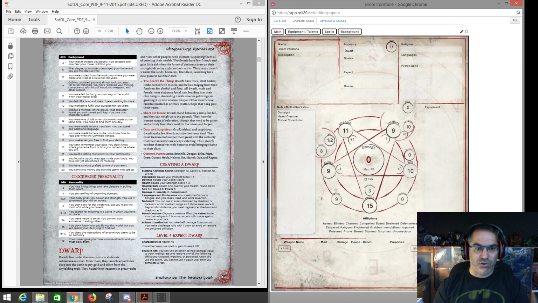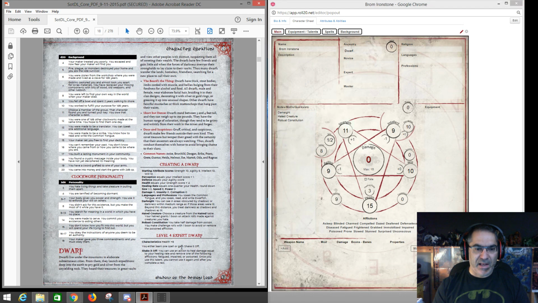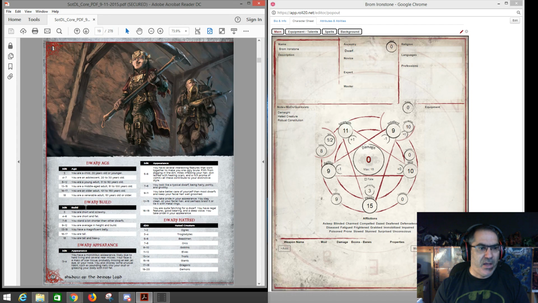So that is the initial level 0 dwarf, and you can see I'm still level 0. At some point, I will level up to an expert dwarf. But that only happens when you hit 4th level, and I will get to that some other time, not today. So let's move on. And now you have several tables that give you a variety of different other aspects of